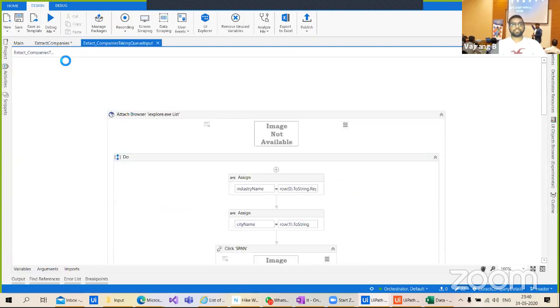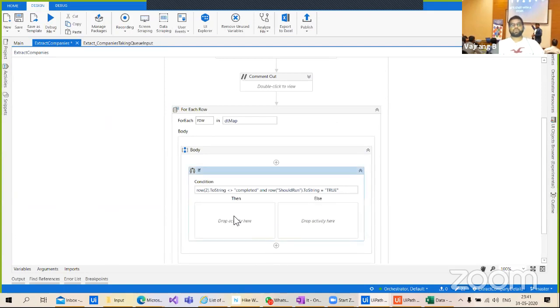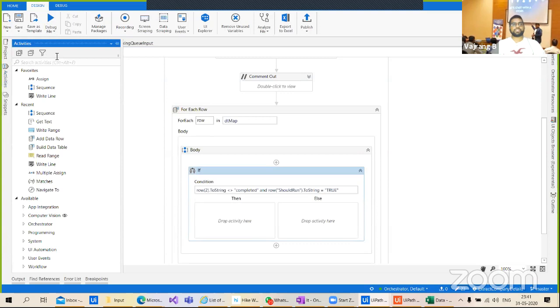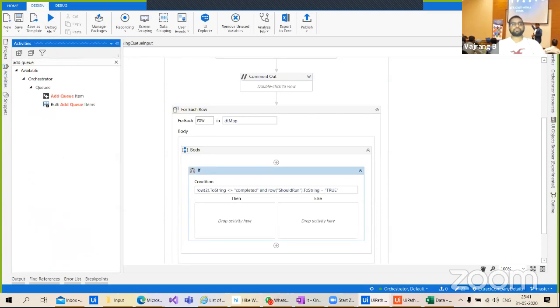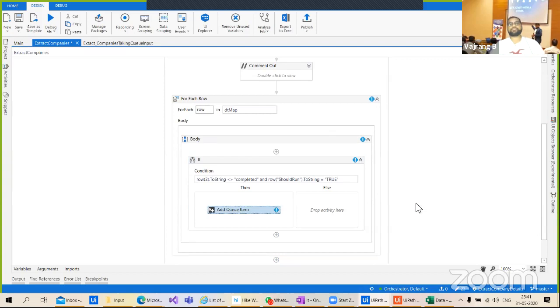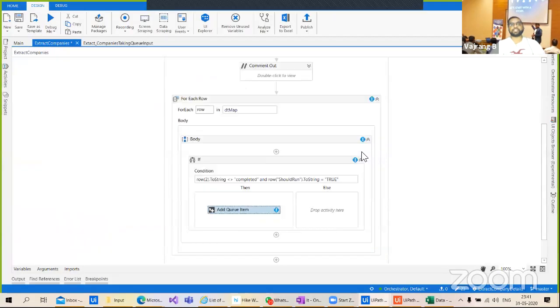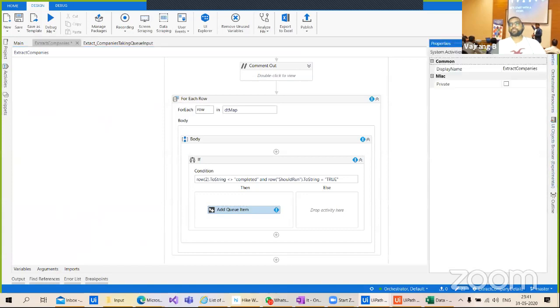Okay, so this created a separate process where we need not use it here. So let's go ahead and delete this. The only thing that we need to do is let's add it as a queue item. Add queue item. In the add queue item, what exactly do we need to add? We need to add two things: industry name and the city name. Then the properties,